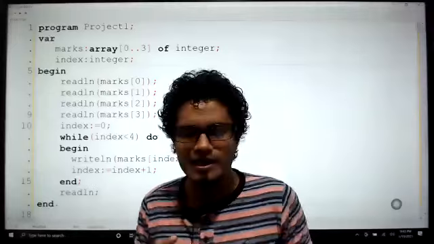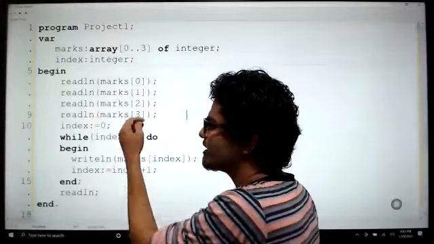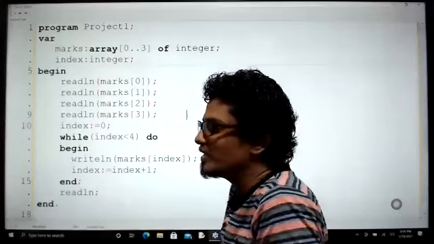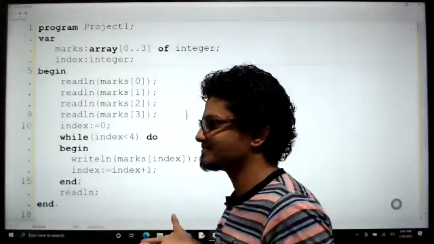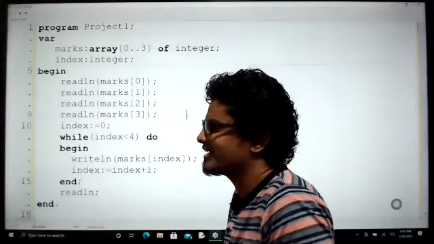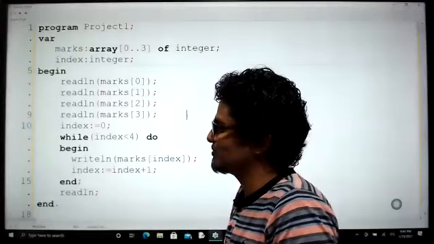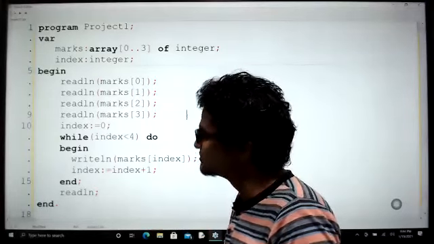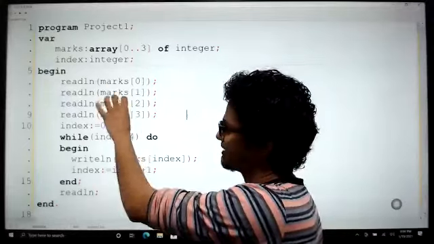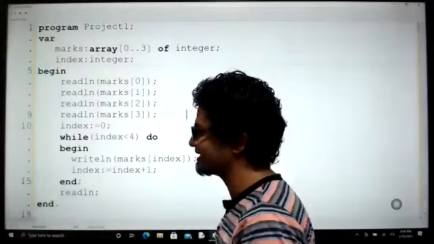User input. Then tell me, kids, in the next line of the code, I'm saying marks 1. Do we know the value of this? No. Then we can get the value based on what, kids? User input. Perfect. Superb. So we have marks 1, marks 2, marks 3, user inputs, right, kids?